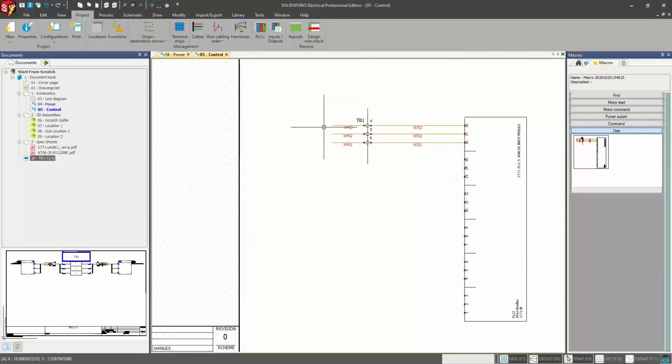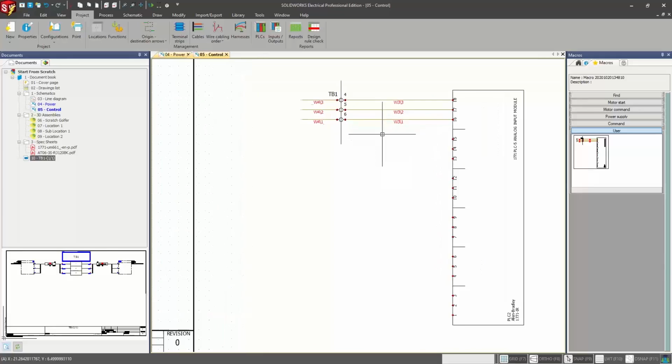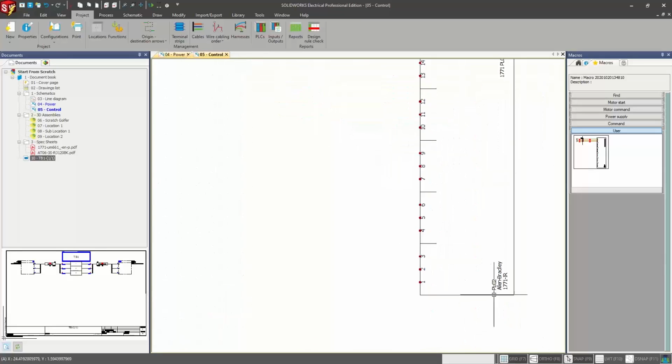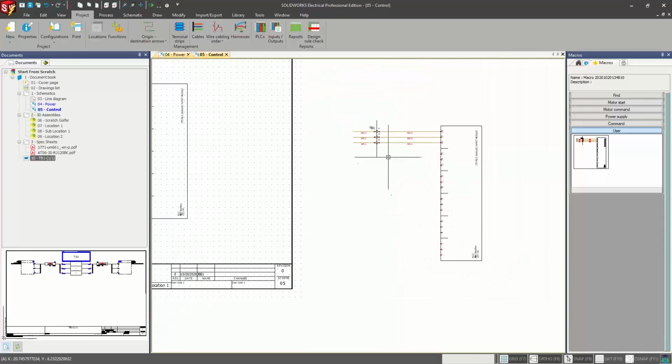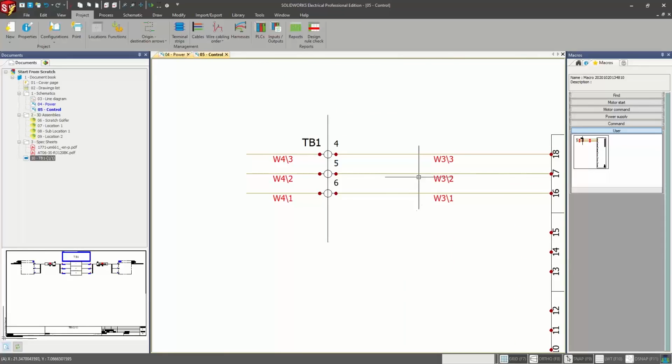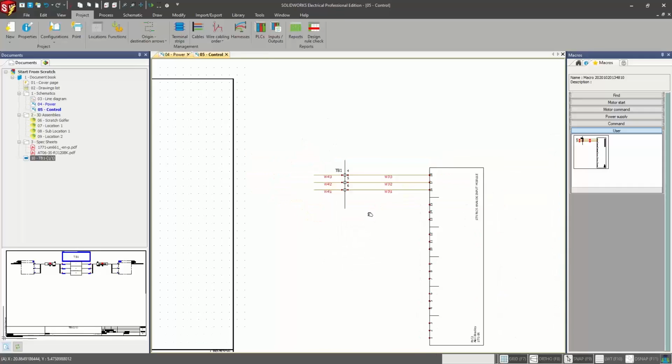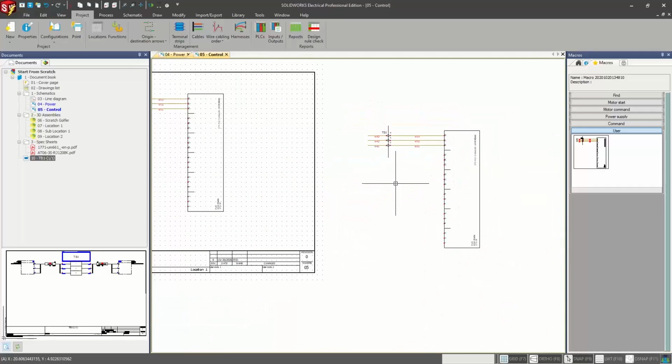There's no other end of the circuit, so it drops the origin destination arrows. I have to reassociate those. But notice now I have PLC 2, and in this project anyway, I have W3 and W4. So it's adding more to this particular project. I'm building my bill of materials without having to go through and copy paste and make sure that every single